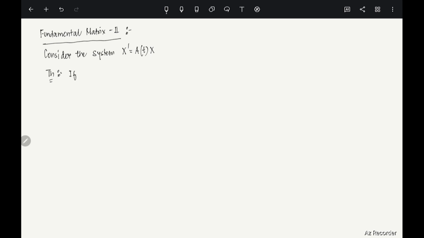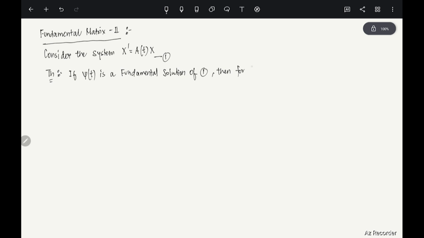The theorem which we did is the following: if phi of t is a fundamental solution, it need not be a principal fundamental solution, just any fundamental solution of, let's call this 1, then